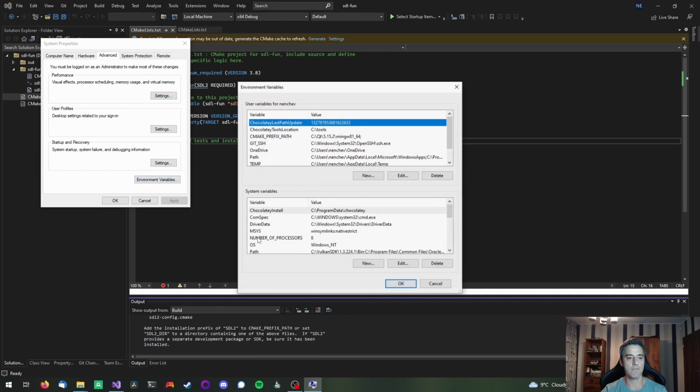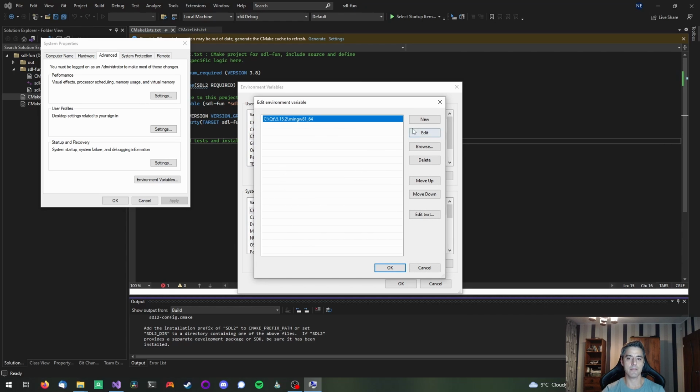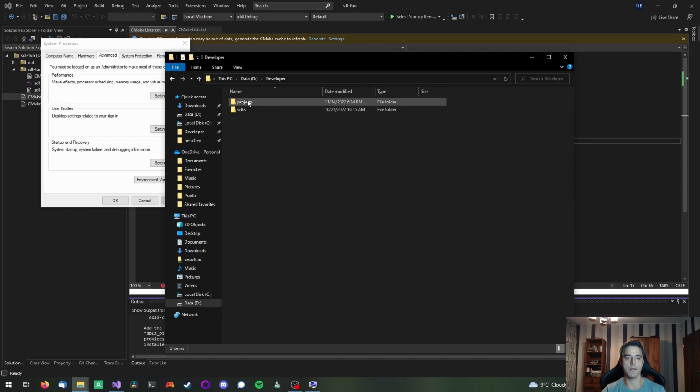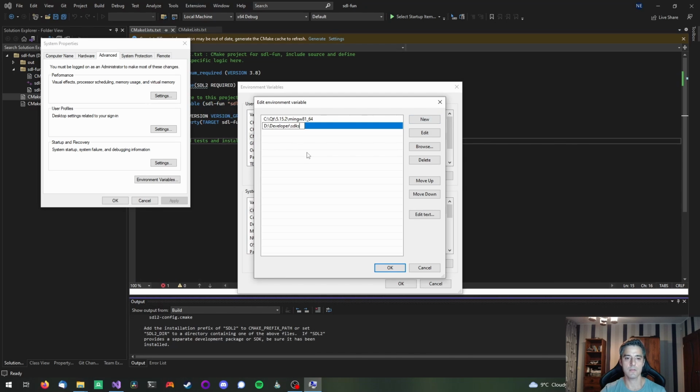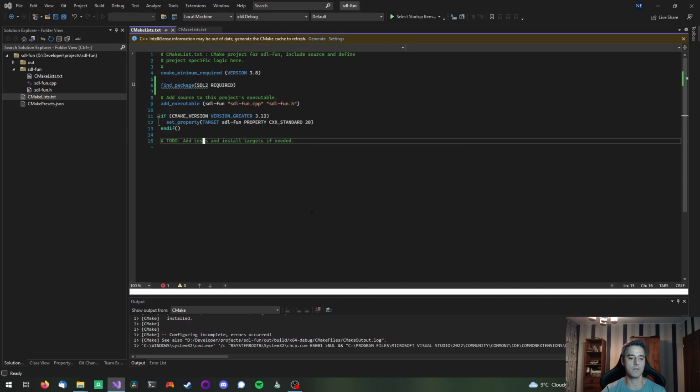Click that, click environment variables, and you'll see I already have this CMAKE_PREFIX_PATH variable set up in here. If you click edit, you can continue to add more paths in here when you click new. So we need to put a path in here. Now I can just add my top level path where I like to keep some of my SDKs and frameworks and whatnot that I use. So I'm just going to go in there and hit new again, paste that, and now CMake can recursively find libraries within this path. If I hit OK, click OK again, click OK again, and now if I click generate,